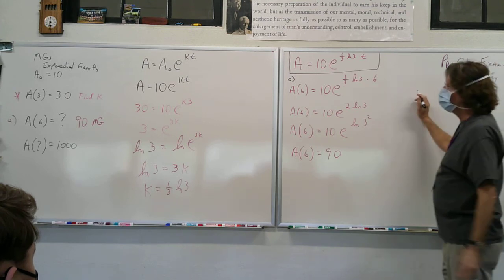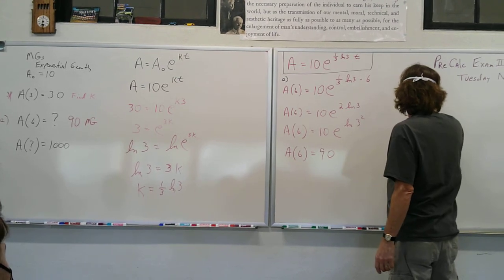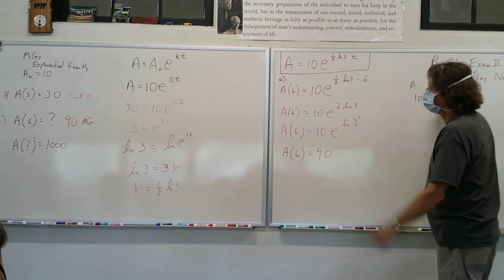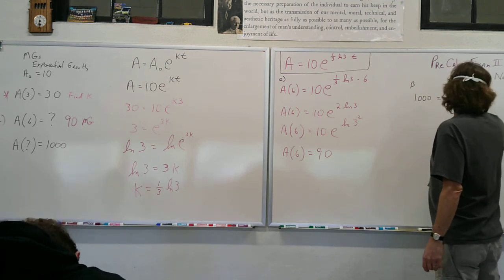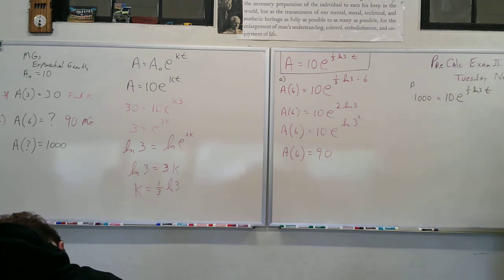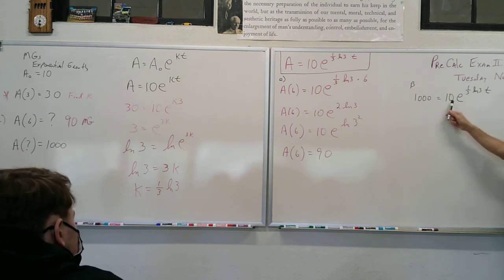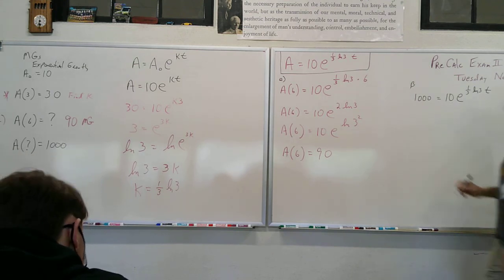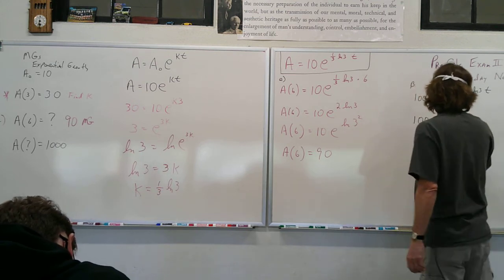All right. B part. I now know that the amount is 1,000 equals 10 E to the 1/3 natural log of 3 times T. I know that the amount is what? 1,000. And I need to solve for what? T. Well, first thing I'm going to do is divide by 10. So I'm going to get 100 is equal to E